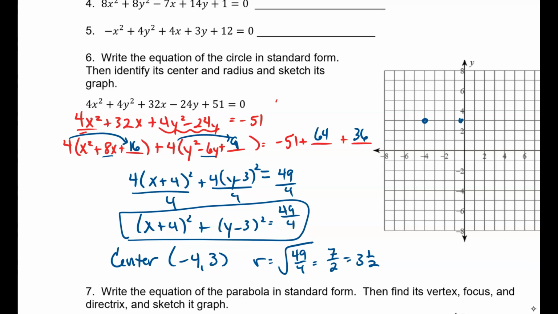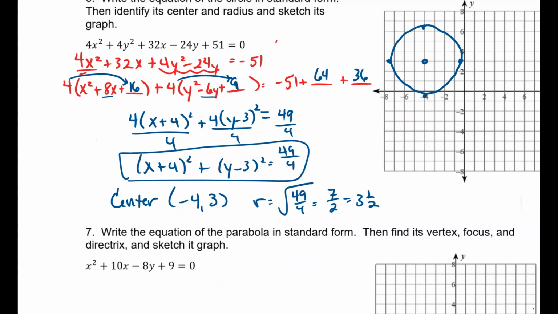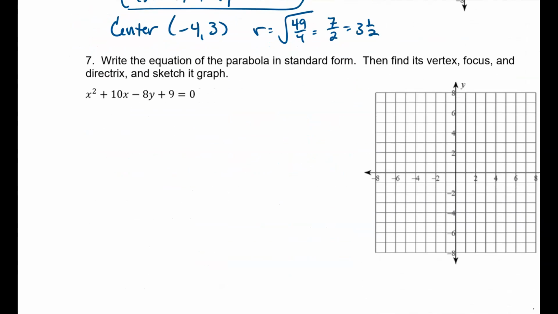So we go 3.5, 3.5, 3.5, and 3.5, and you just connect your points and you have your circle. All right. Next one says, write the equation of the parabola in standard form. Now, if you did not have that in the directions, it says just write the equation in the standard form of the conic. You need to understand, you knew it was a parabola because there's just one squared term, so